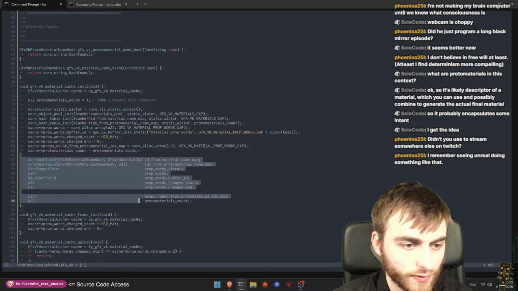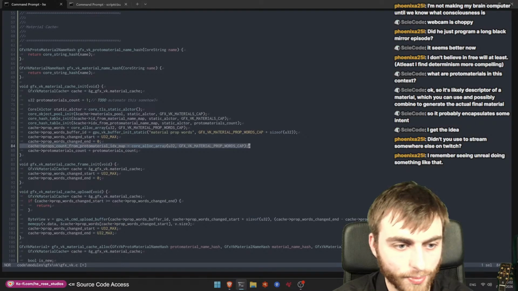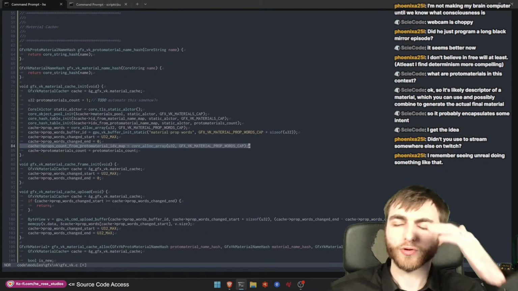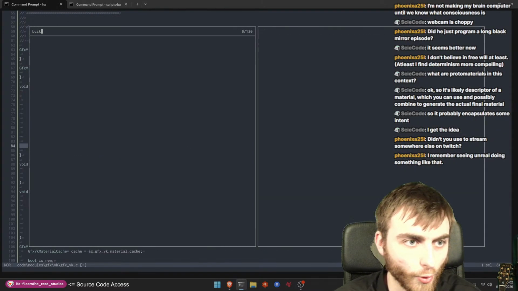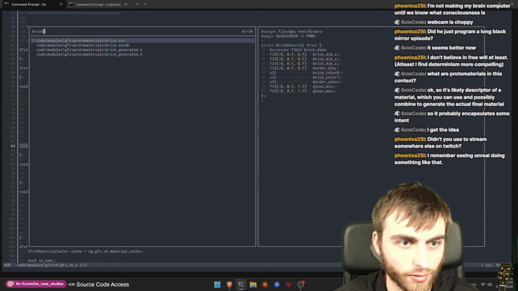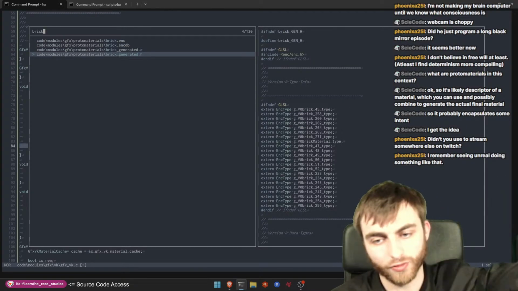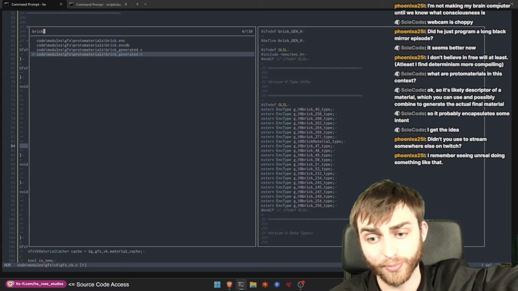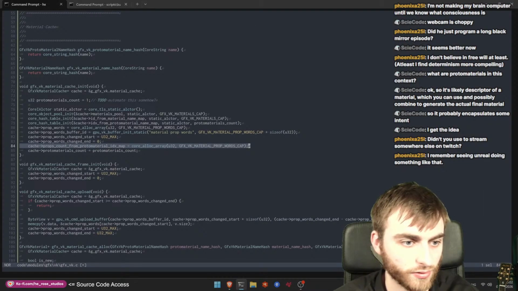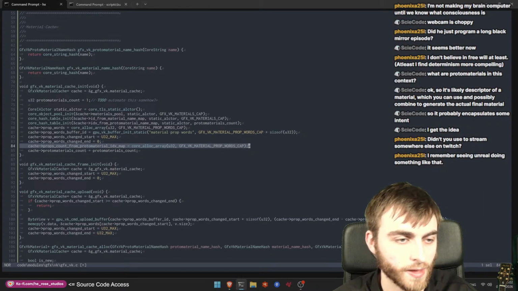So the question is then, how we need to fill in this guy, right? So the properties count from this. Yeah, so we've got this thing called a brick.encoder file, and that's in this brick generated. So we should probably have an array of, hey, here's all the proto materials, and they're just globally listed somewhere, maybe. And then that global list,